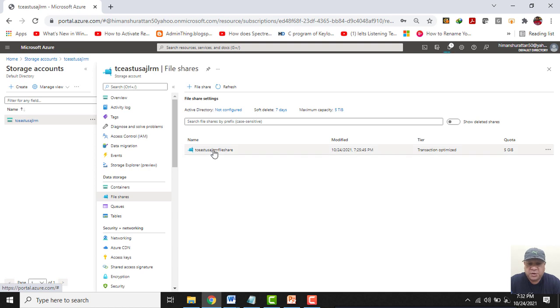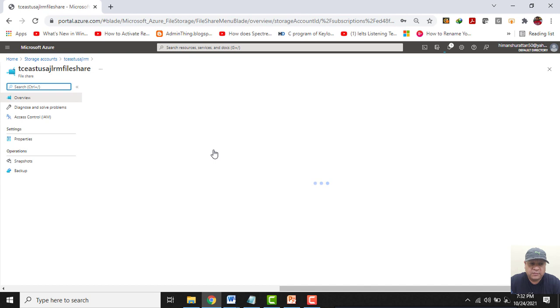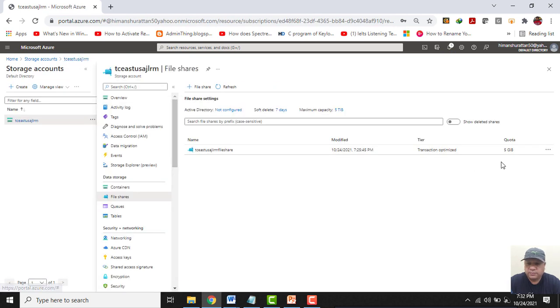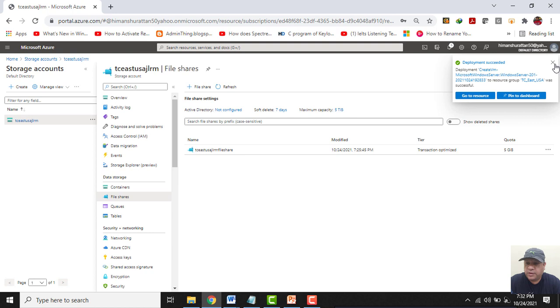So this is my file share that I have created, and it is empty. There is nothing in this file share. See, my virtual machine has been created.